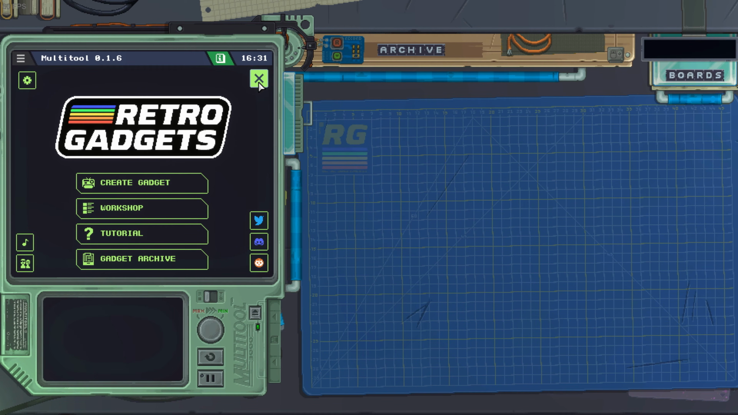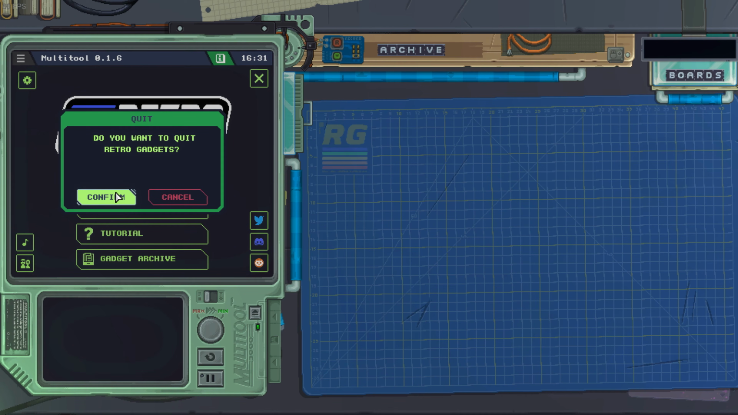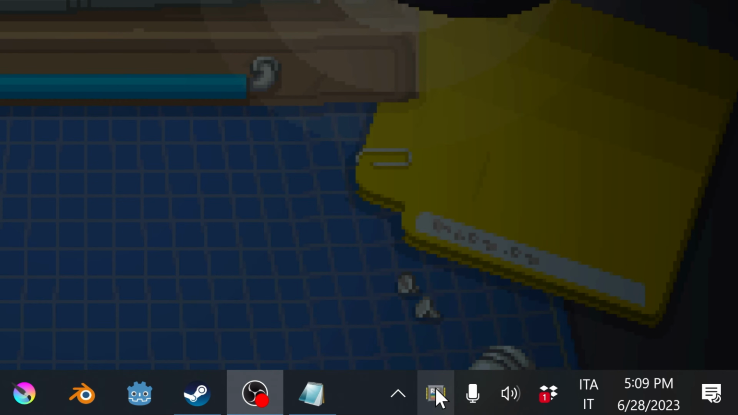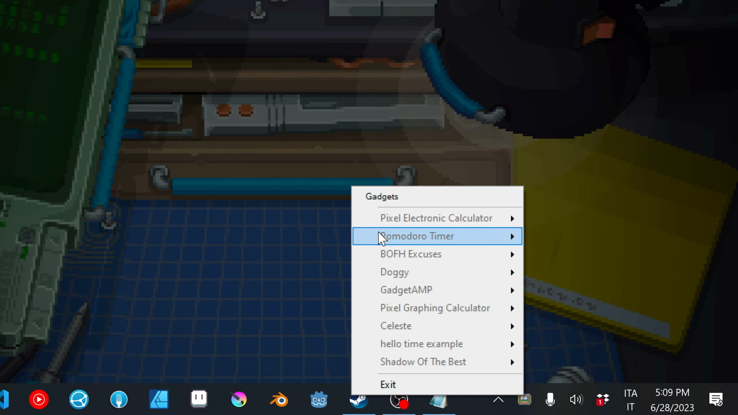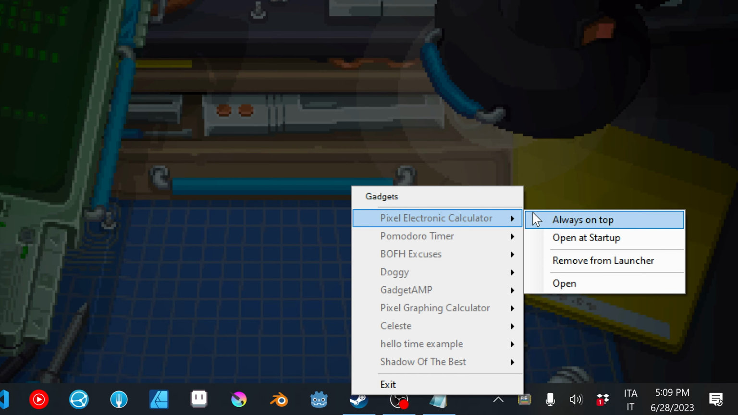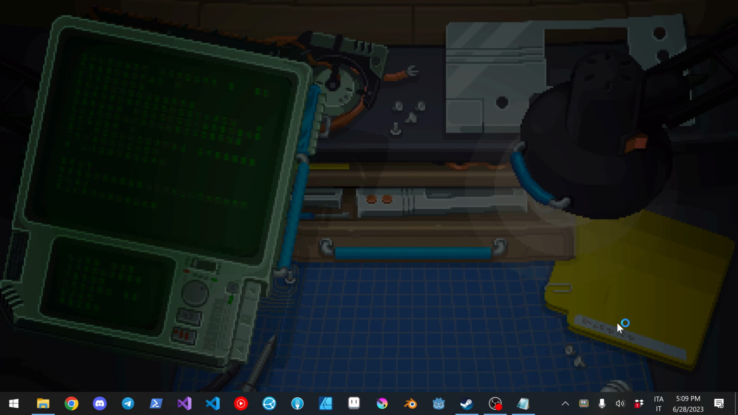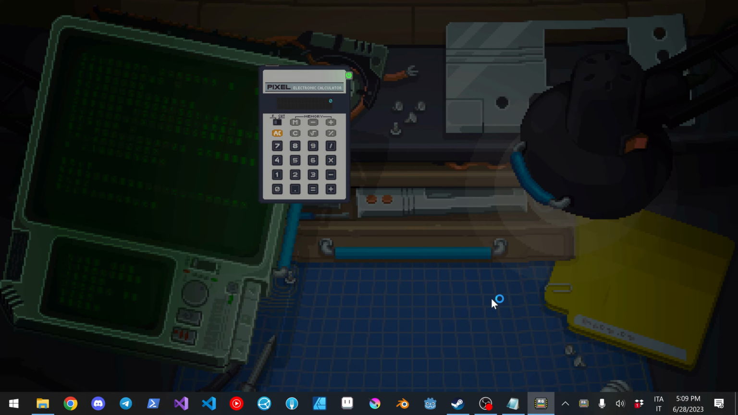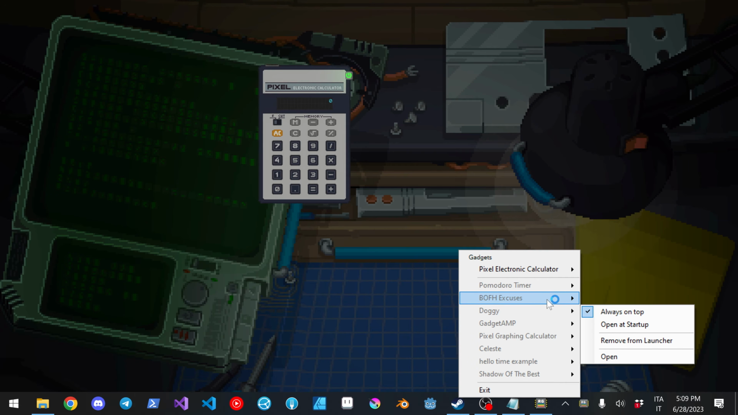And the Launcher app is a separate application that runs in your system tray when you close Retro Gadgets. Right-clicking your Launcher icon will display the list of gadgets that you have added to your Launcher. For every gadget you have a bunch of options. The most important is the one that allows you to launch every one of these gadgets at the same time